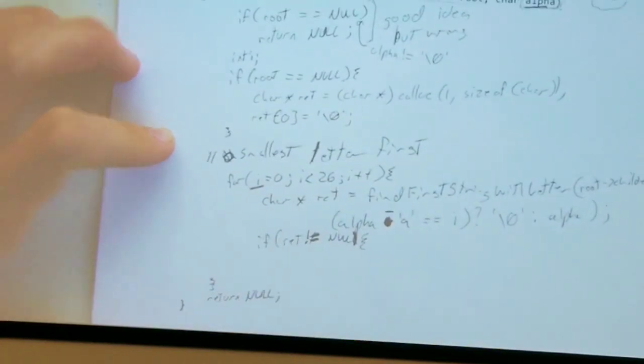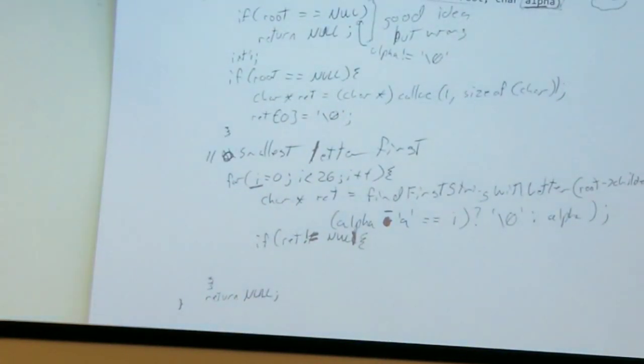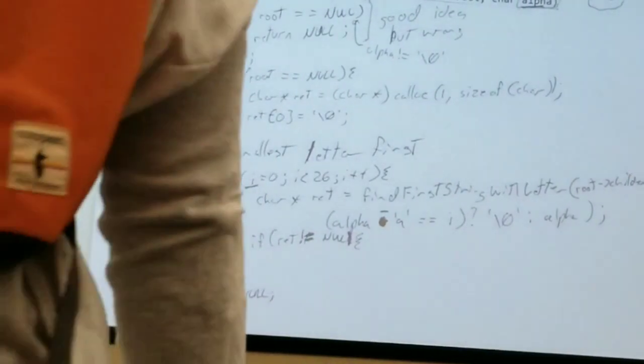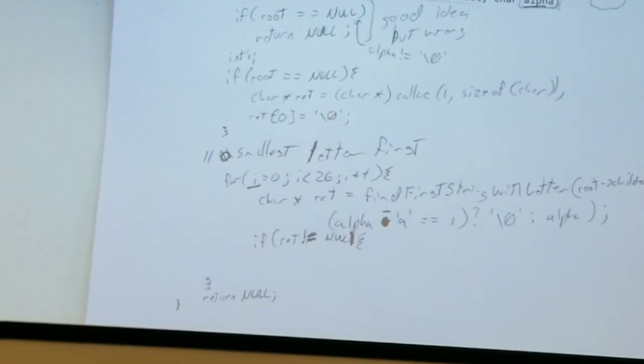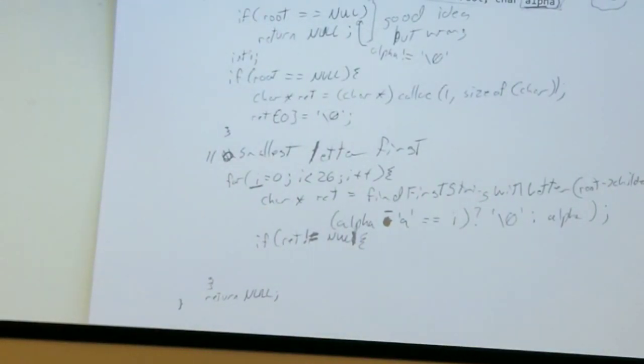Because the idea is, this is actually a backtracking solution a little bit. What we're doing is we're trying to use the letter. If we can, we do it. If we can't do it, we return null, like, hey, we can't possibly solve this. Backtracking, I guess, would have a valid function, and we don't really have a valid function other than the root check, but we'll ignore that for now. So if the ret is not equal to null, then that means we found a solution and we need to return it. But the issue is